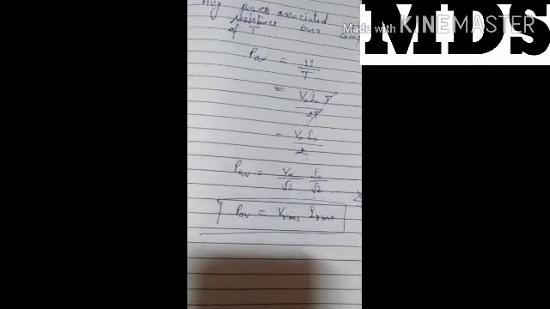Clear now? In the same way we have to find the power in the inductor and the capacitor, but remember one thing: there should be a phase difference of pi by 2. In the inductor, the voltage leads the current by pi by 2, but in the capacitor, the current leads the voltage by pi by 2. We keep that phase difference in mind and solve it the same way. Then we find the power for the inductor and the capacitor. In both cases, the average power will be equal to 0. We will find this relation tomorrow. Up to this relation, complete your notebook and try to solve it in a rough notebook also.